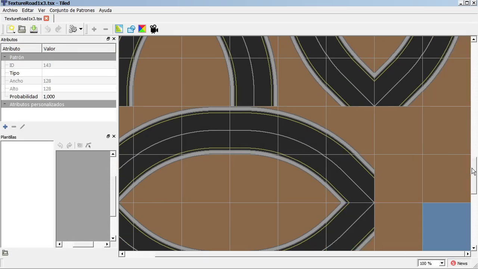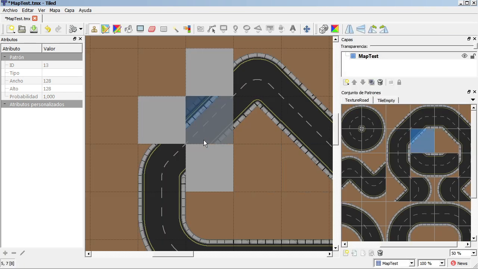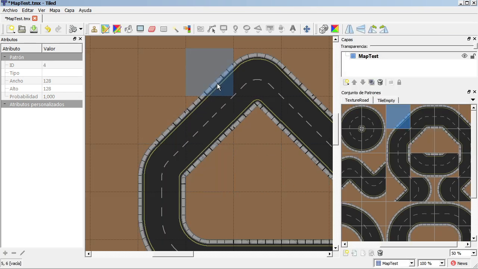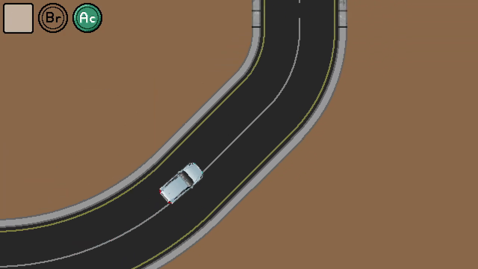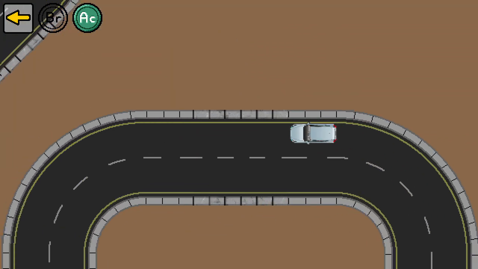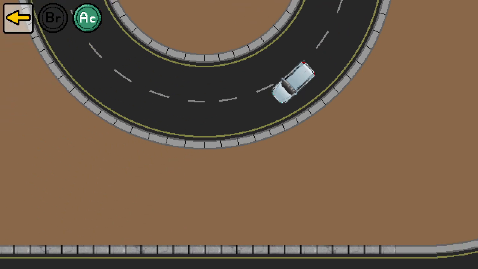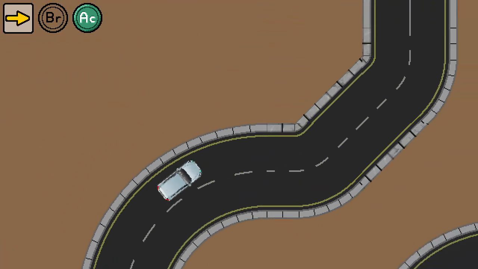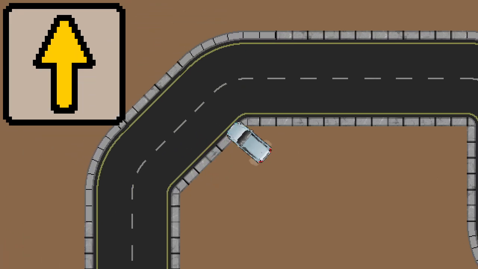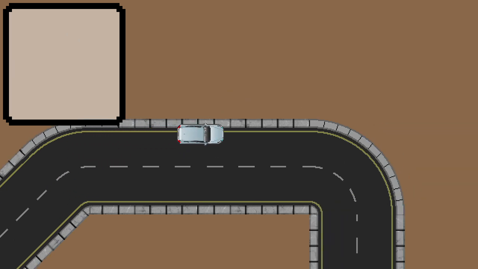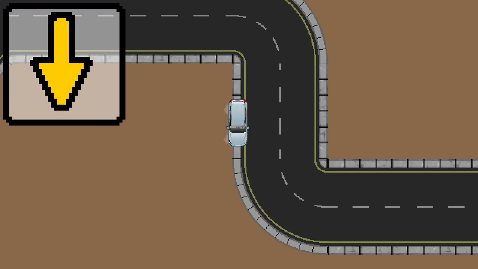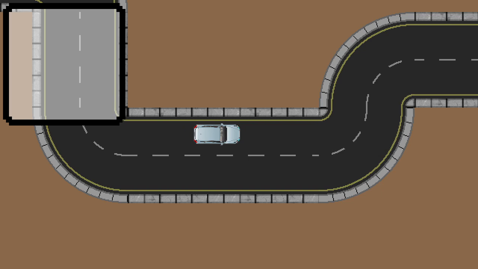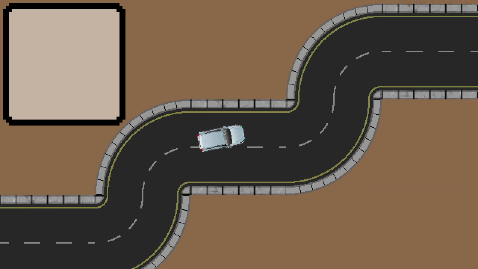To begin, I designed a simple set of road segments that I could join together as a tile map. I put together a test circuit and used a 2D car with simple controls. The car will try to turn towards the direction we are pressing. To get realistic movement, the car will turn relative to its rear axis.